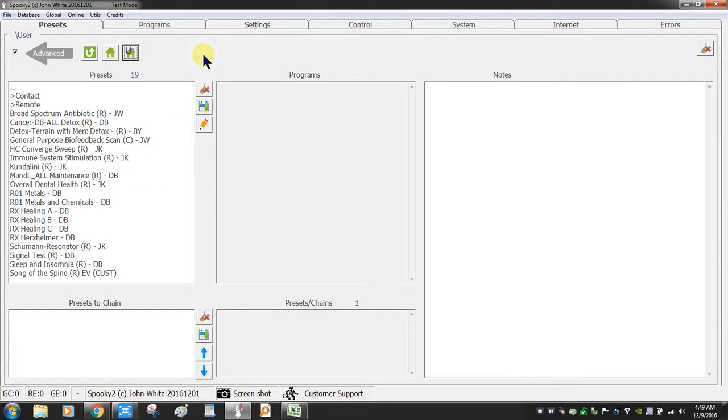I started out with 2 generators, well actually just 1. Then started the second one after about 10 days, and then a month later I got 3 more, and now I've got another one. So I'm running 6 and I'm ordering 2 more, so I'll have 8 total. That way I can have a lot of flexibility with running healing programs while I'm running either killing programs or mercury detox programs. So that's how to create